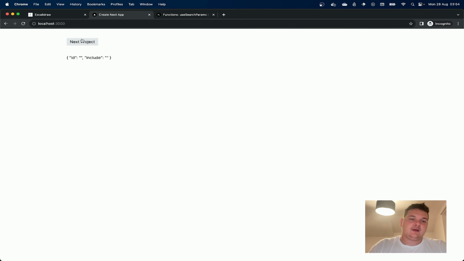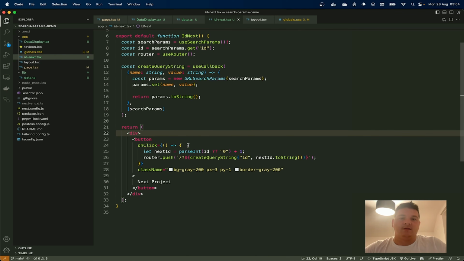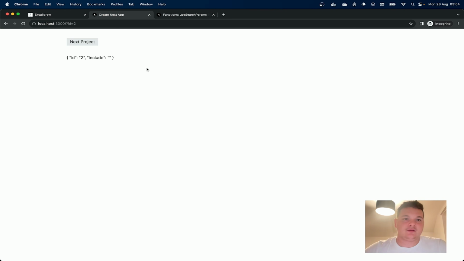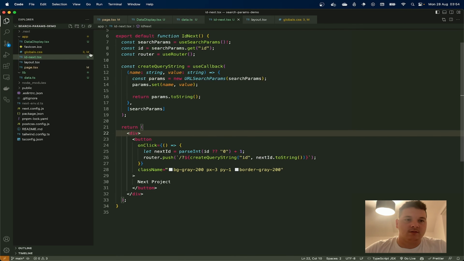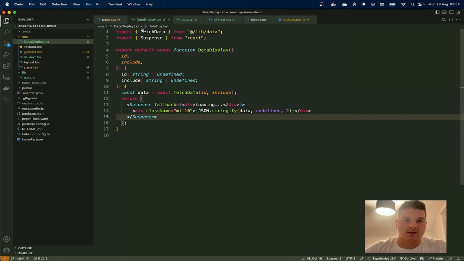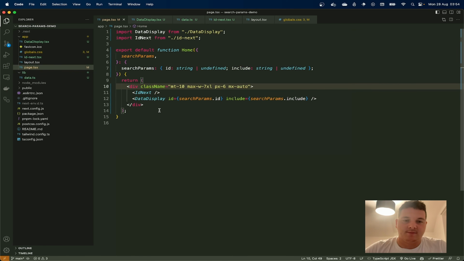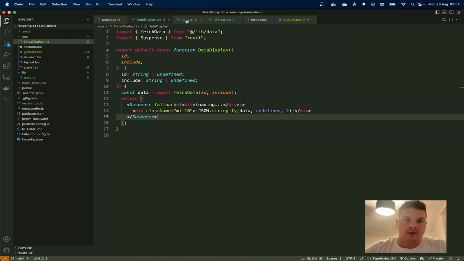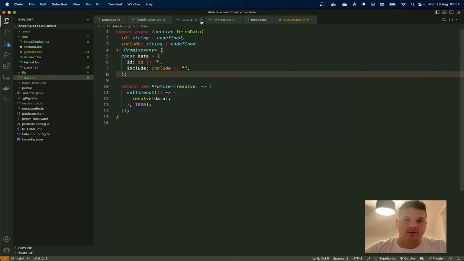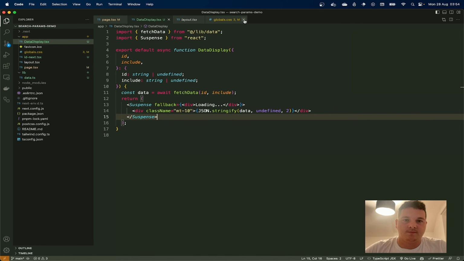Let's save this now and see what happens. So we covered the case where we don't have one, so we should see this increment to 1. So we hit next project, ID goes to 1. And that is great. Now we go to 2. One of the things that you might notice is if we refresh this, the suspense is not exactly doing much. So one of the things we can do, so it should work on the initial load,